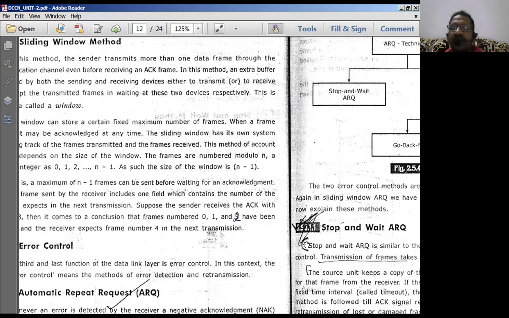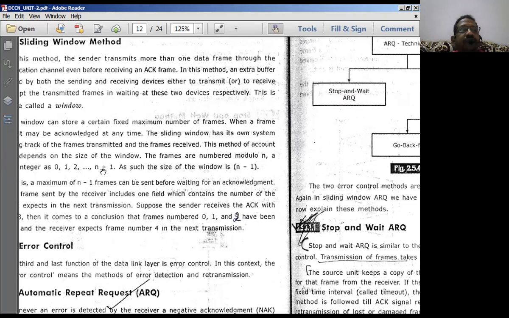Thereby, the speed of communication is increased in comparison with the stop and wait flow control method. So the sliding window concept is useful for achieving higher data rates, and whenever we want higher data rates, we prefer the sliding window concept.